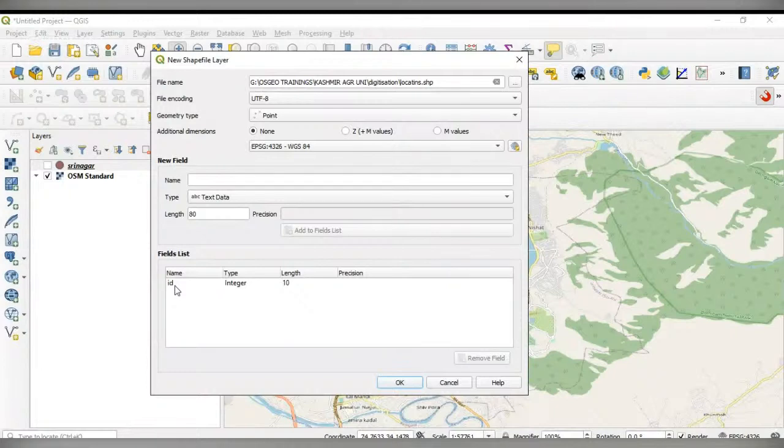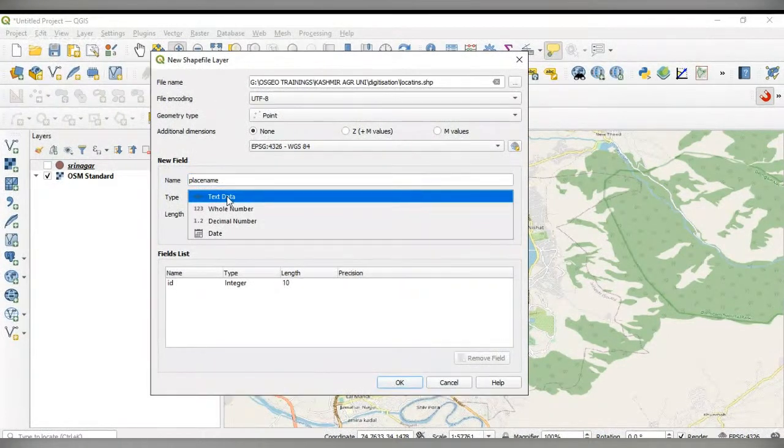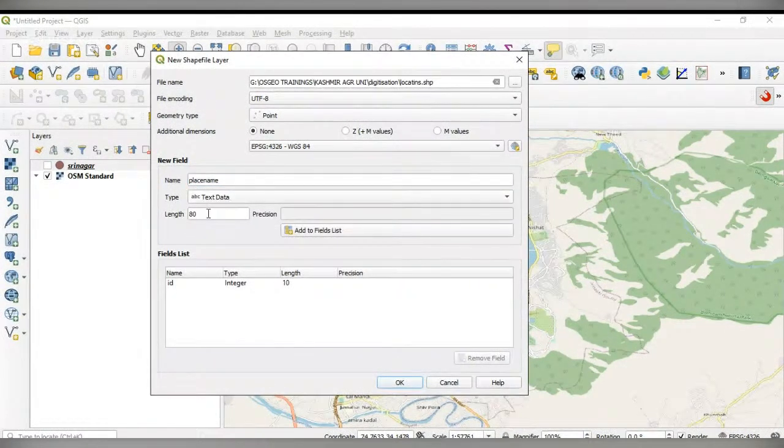And subsequent to that, if you want to add some more column data, then you have to add. Now in this case, this is a place, so place name. Place name is the title of the column, and it will be textual data. So select text, and length of the text maximum 50. That is the width of the text.